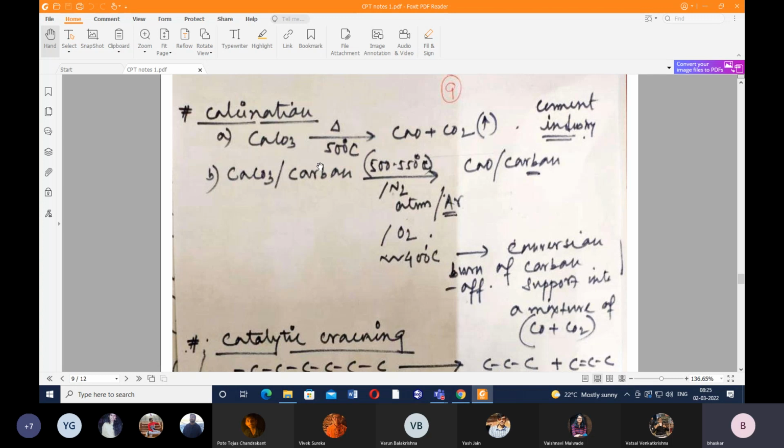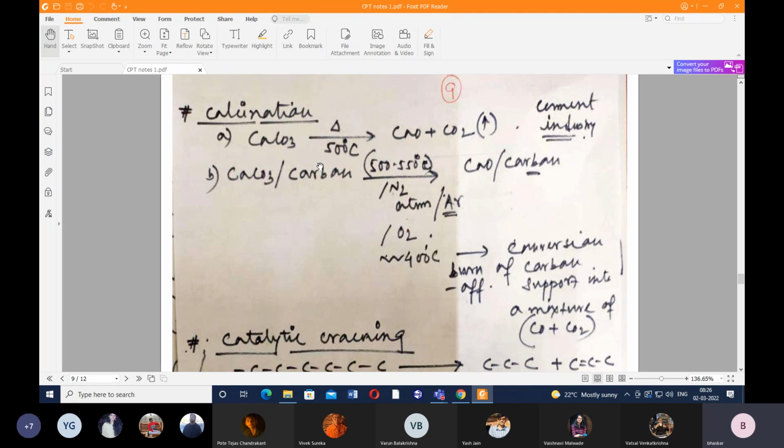So what is calcination? Calcination is basically the heat treatment at a certain temperature that depends on the melting point. So every time we need to carry out the calcination below the melting point of the parent molecule. Suppose I'm starting with calcium nitrate. So I'll have to choose one temperature. This temperature we cannot choose by ourselves. There are some reactions we need to perform in order to get to know what would be the optimized calcination